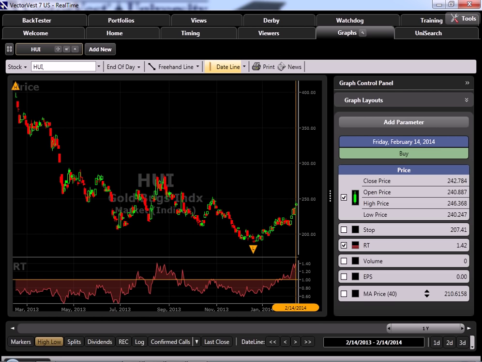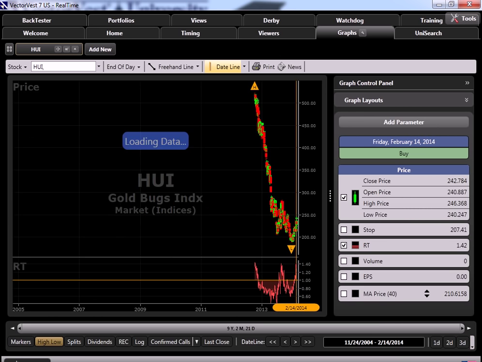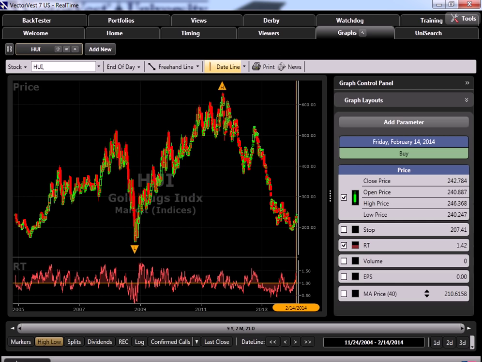I'm going to start with the original way that the Midas Touch was used when it was introduced, and that was on the HUI, the Gold Bugs Index. Even though the Midas Touch can be used for any security, gold has a lot of interest right now. That's because it presents a huge bottom fishing opportunity for investors, and those are the opportunities that really help you hit the jackpot. As I load about 10 years of history for the HUI, you can see that it has